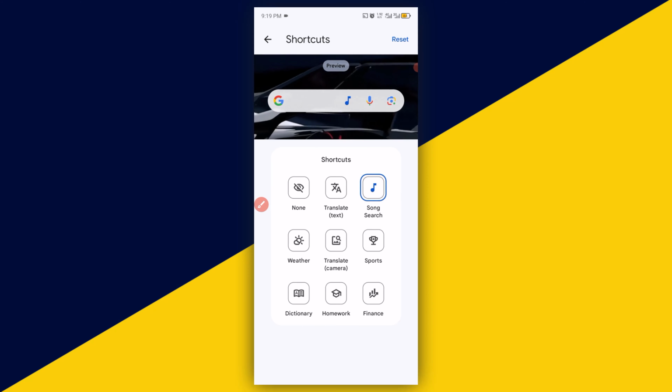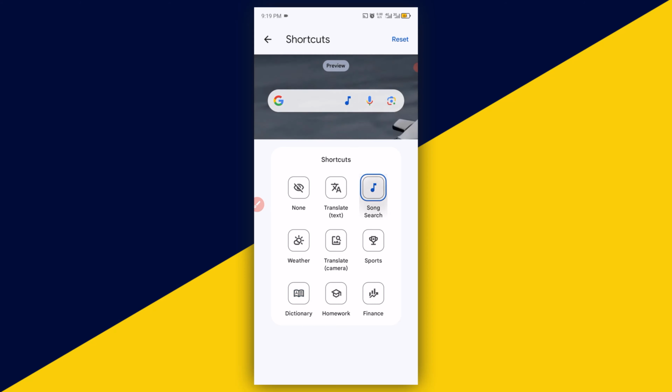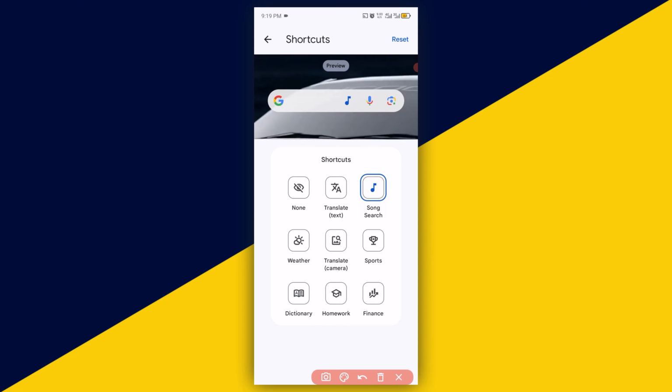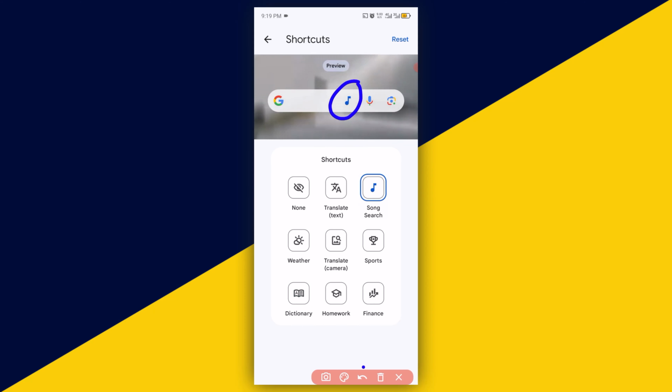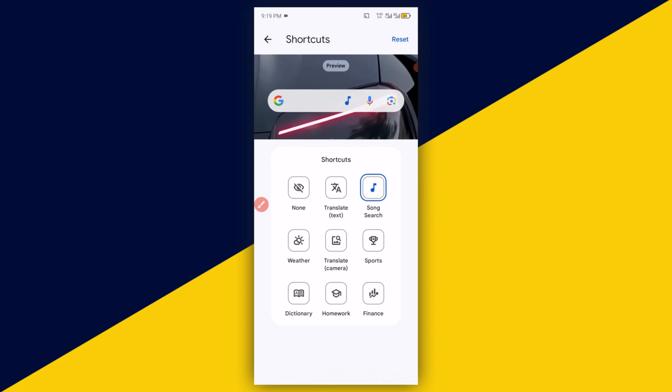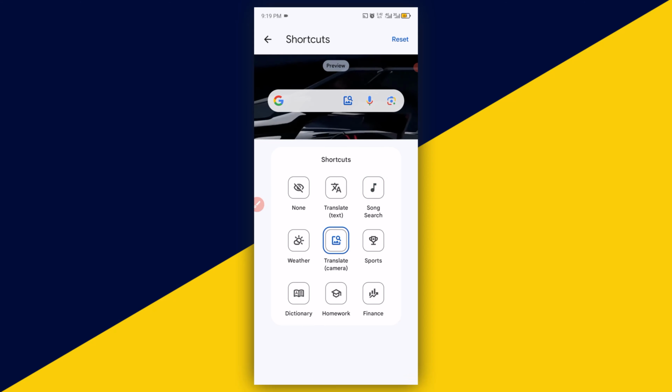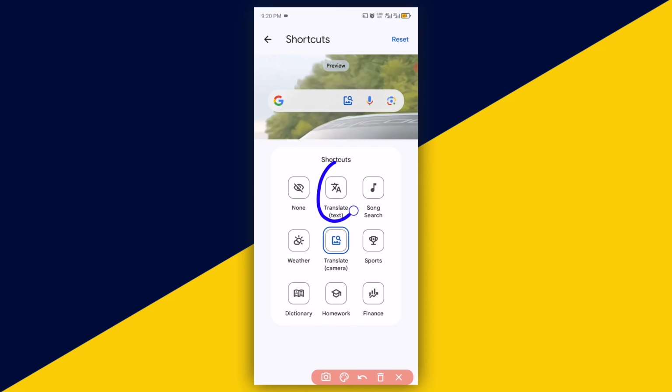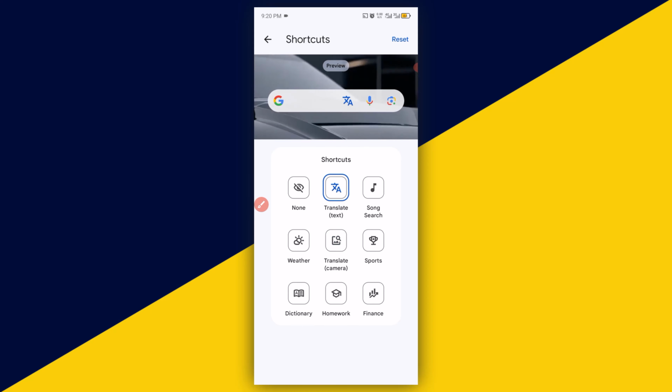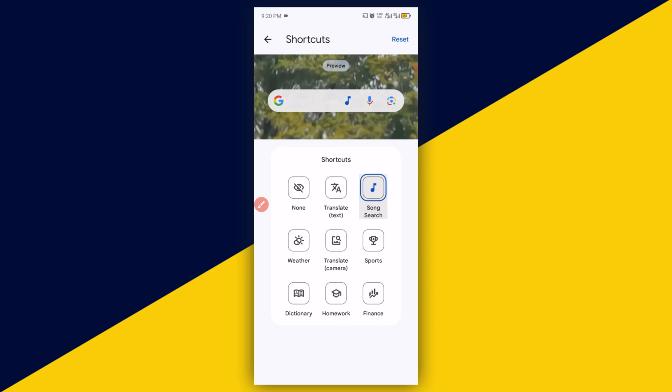I'm going to add music right here, and I'm going to add dictionary. Once you add it, it's going to be displayed right here, just like what you see right here. You can decide to add Google Translate image camera, or you can decide to add Google Translate text right here, which allows you to automatically translate. So I'm going to add music right here. Once you are done, then